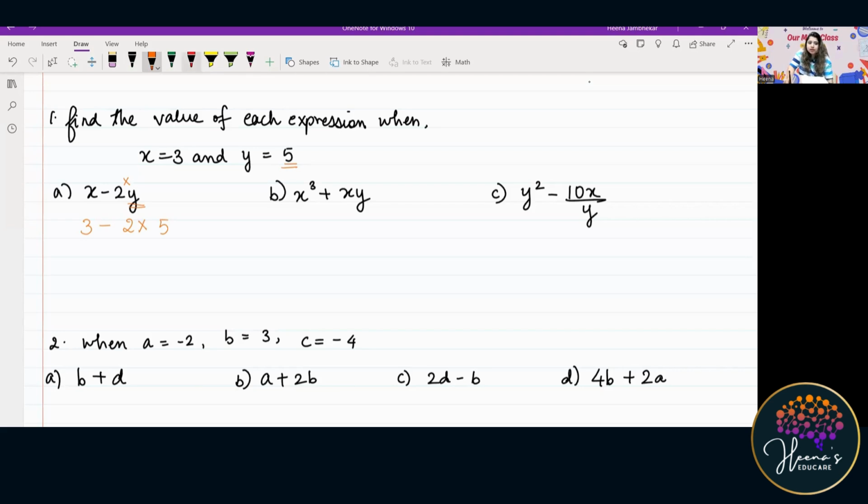Remember the BODMAS rule, wherein division or multiplication, whichever comes first. Very, very important. Division or multiplication, whichever comes first. Similarly, addition or subtraction, whichever comes first. Now, first we have to see, you have multiplication here, right? It is D or M. So we have multiplication. So I will solve 3 minus 2 into 5,